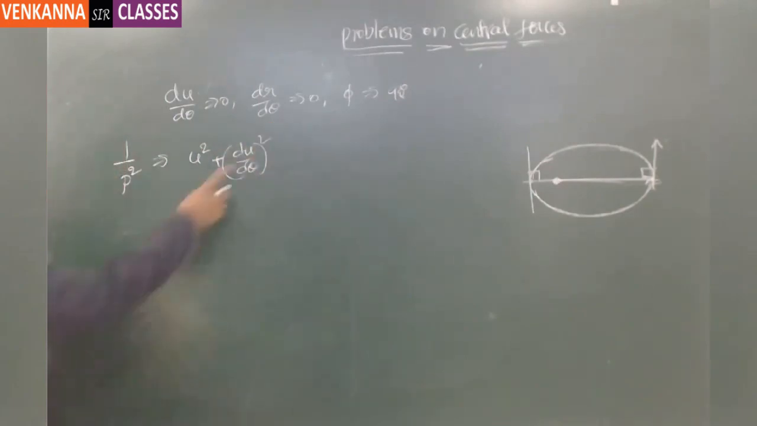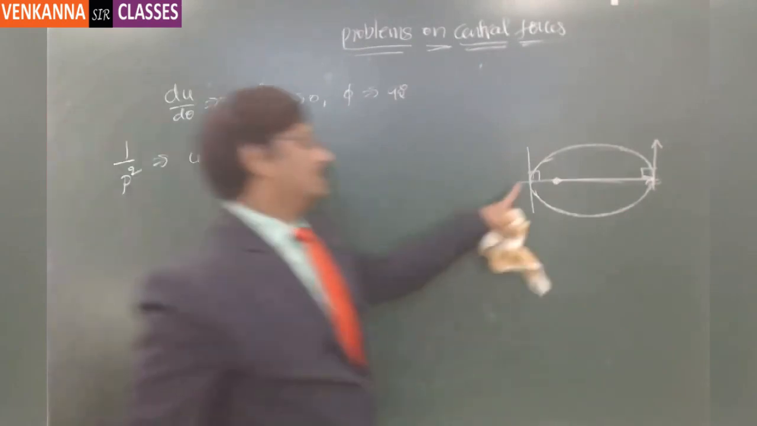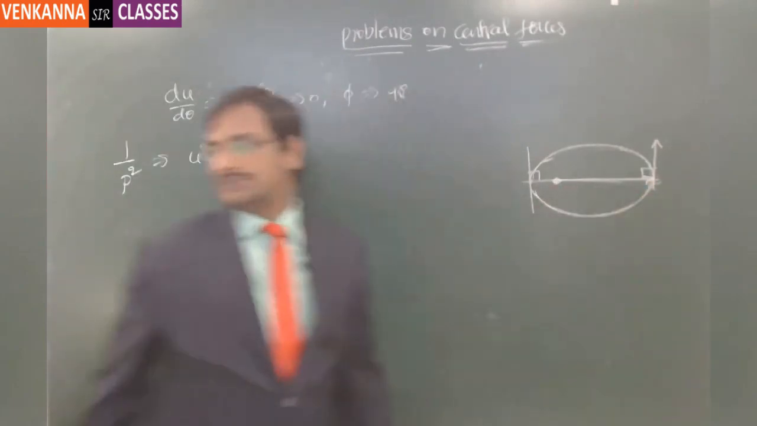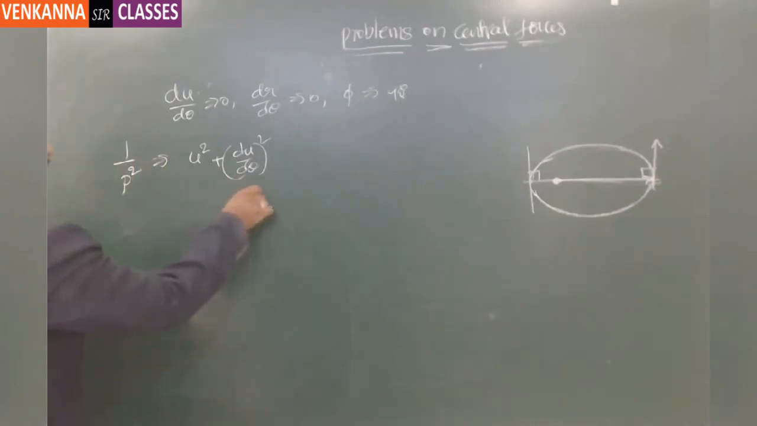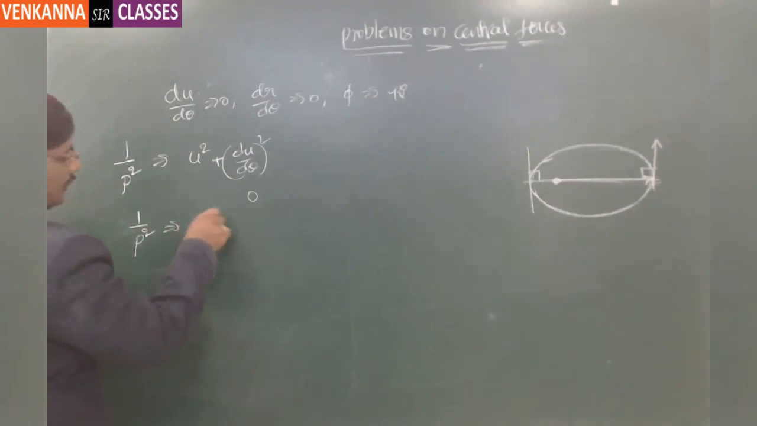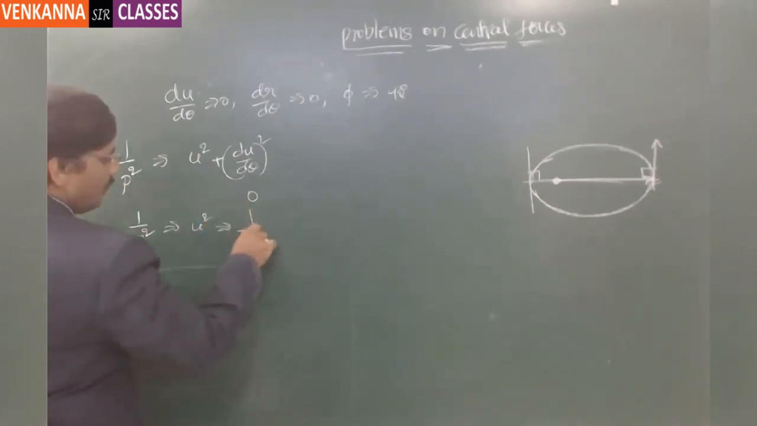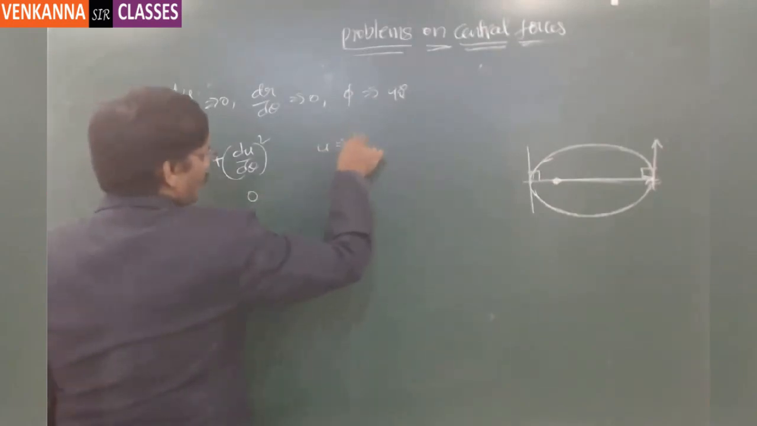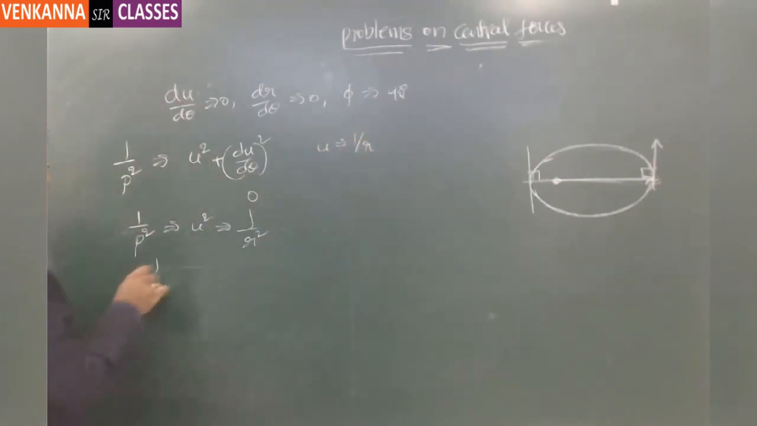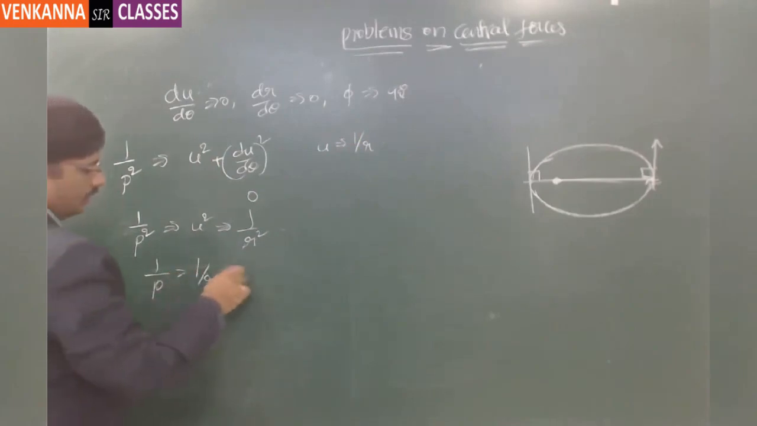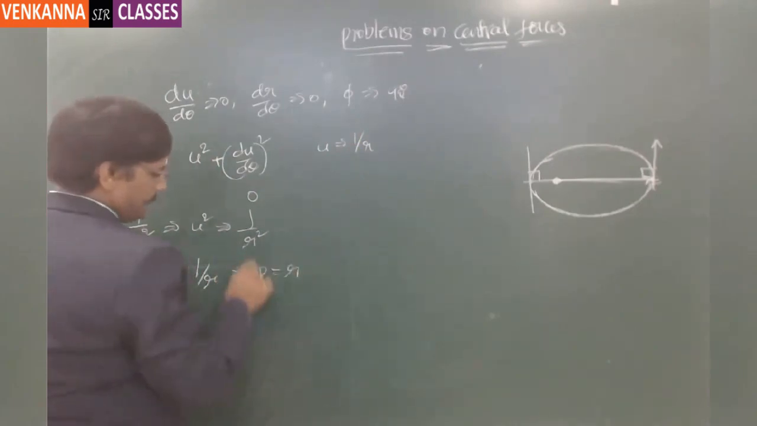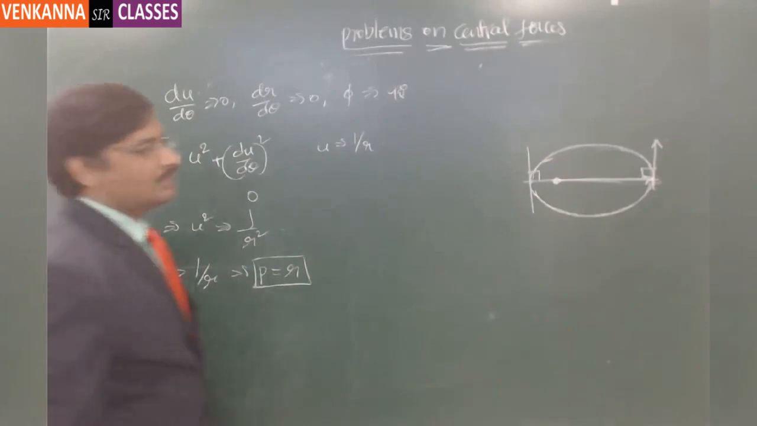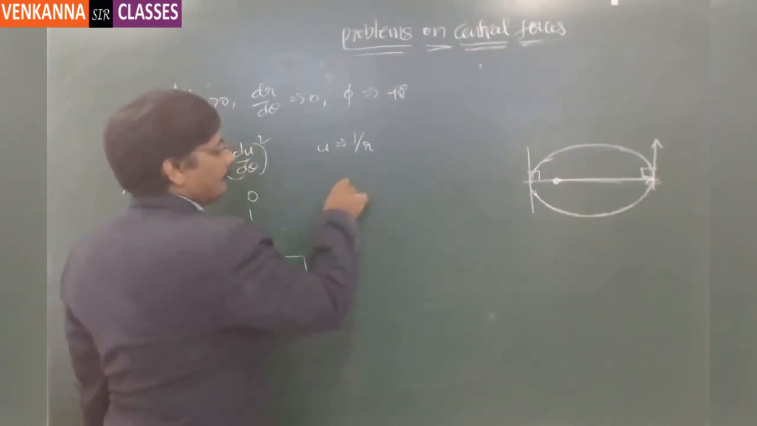And in this, if you notice, du by d theta at the apse point, at this location and this location, is 0. Hence, if you take this as 0, then 1 by p square equal to u square, and this u square you can write as 1 by r square, because u is equal to 1 by r. Now 1 by p equal to 1 by r implies p equal to r. But p is always treated as r sin phi,